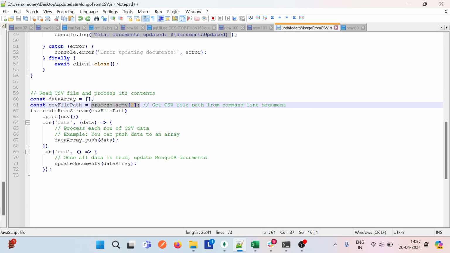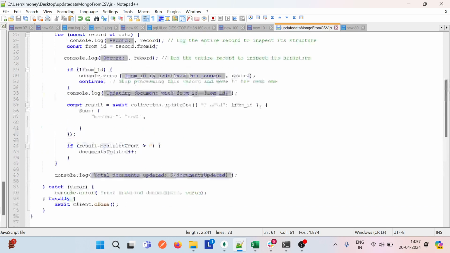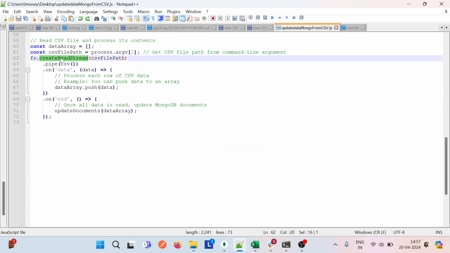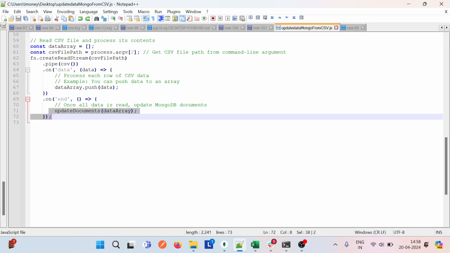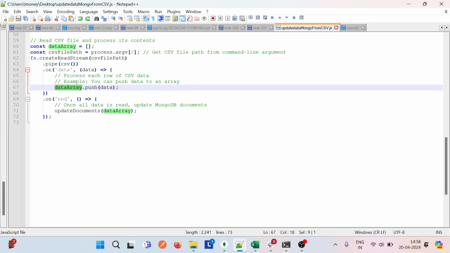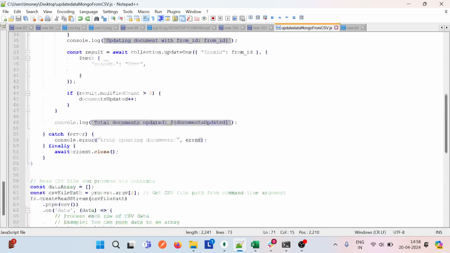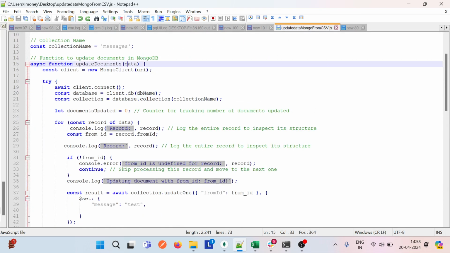We will get the CSV path from the command line argument, and after that I have created fs.createReadStream, and here I have passed that particular file path and the CSV file, and the data array will push the data into this. Once all is read, the updateMongoDB function is called with the document array passed over here, and on the above document I have shown you the data, and here we have applied the for loop.